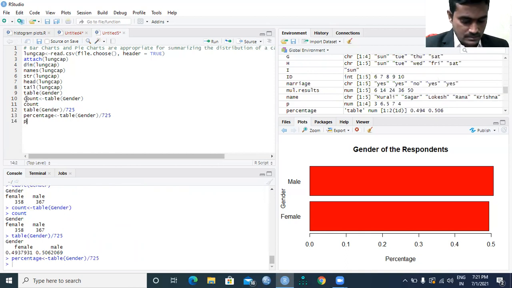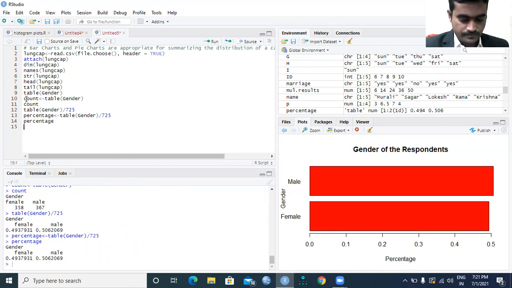So I stored it here. Now you can even check. So this is what it is giving now. Now we are coming to how to create the